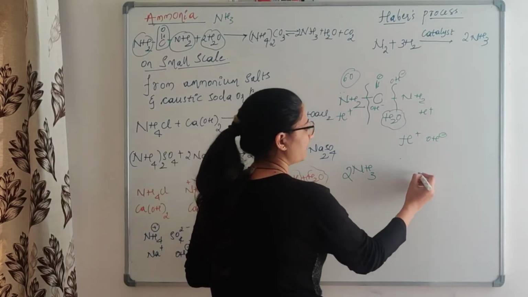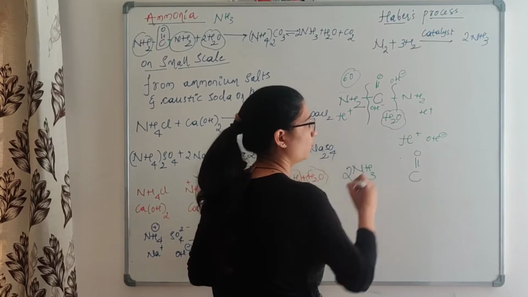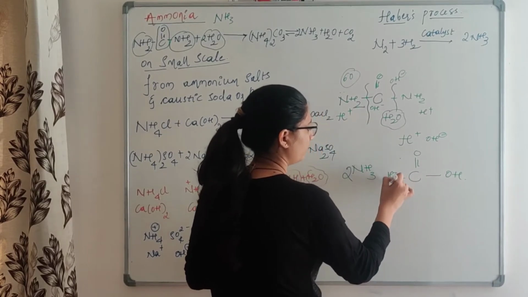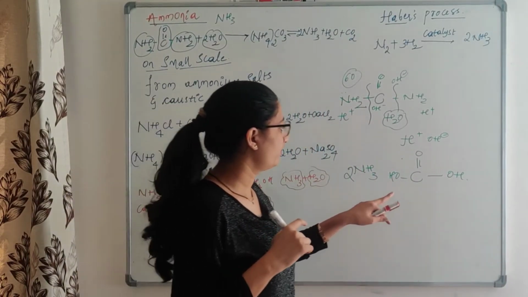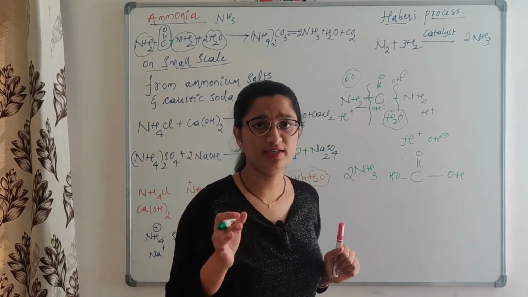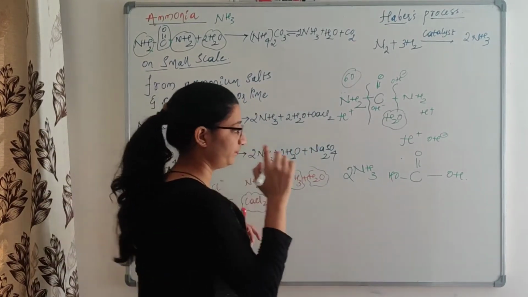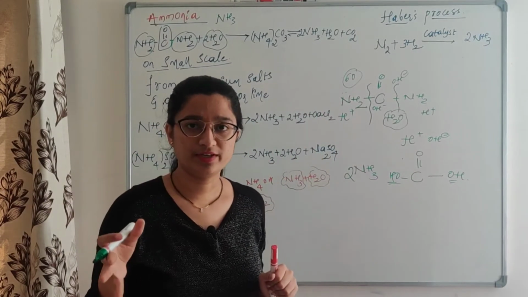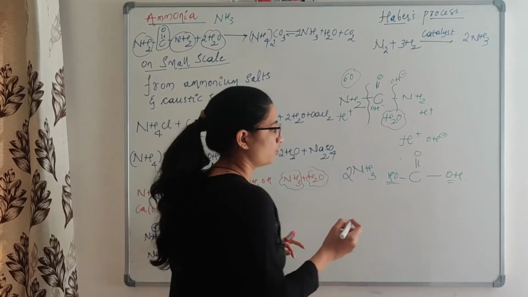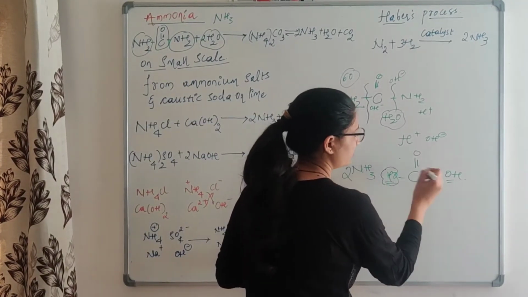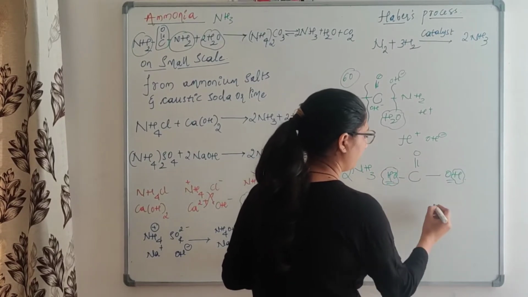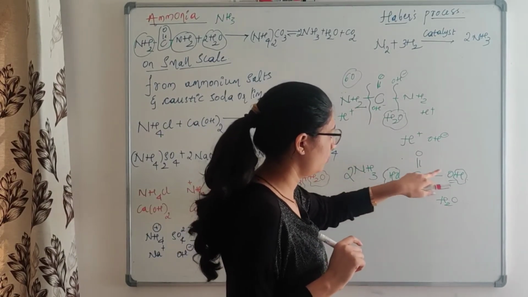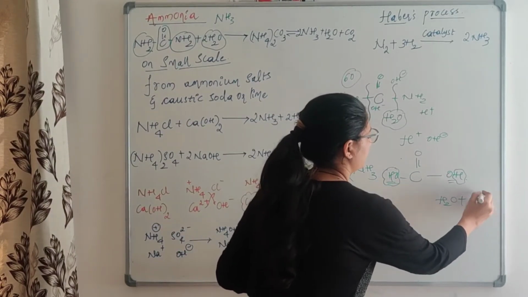What is left in the reaction? C double bond O, to which you have added 2 OH. You know that a carbon with 3 electronegative atoms is highly unstable. That is why, if 2 OH groups are present, there is a possibility that you can eliminate a water molecule from this compound. One of these OH and one of these H will combine and water is eliminated. So what is left? CO2.